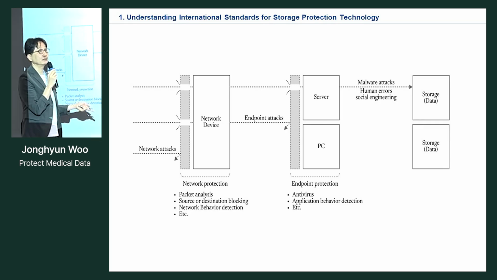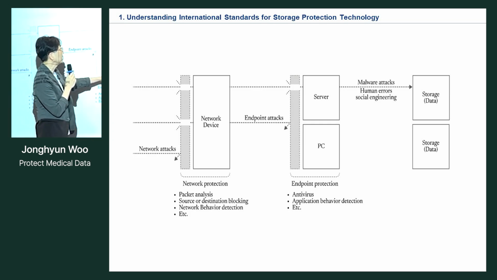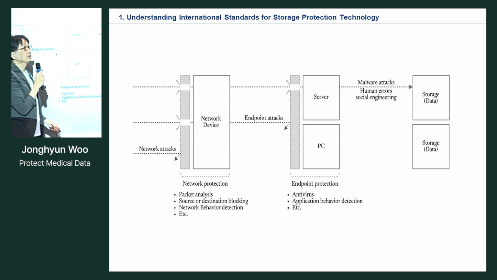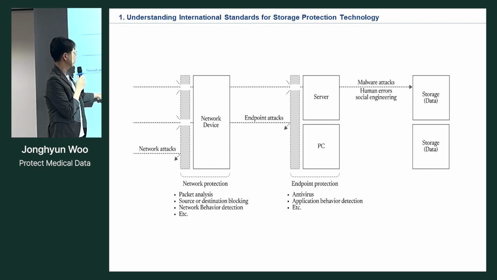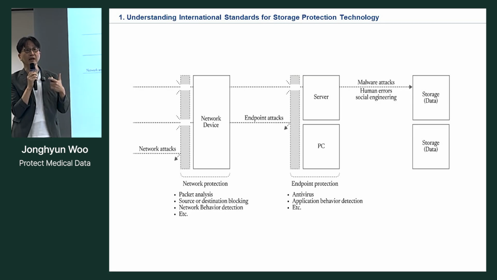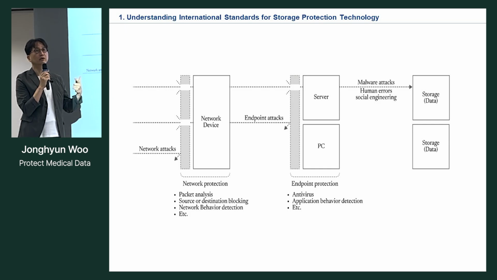So because of that, if any attack bypasses the network protection and endpoint protection, they can do any attack on our storage. The funny thing is that network protection and endpoint protection are mainly based on a blacklist. They can only block when they know who the bad guy is. That's the basic concept. But as you know, the attackers have enormous time, enormous resources, and an enormous number of